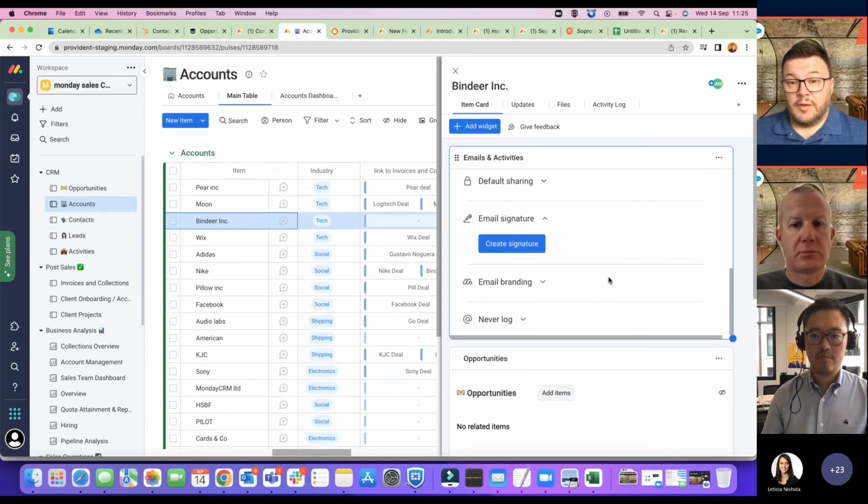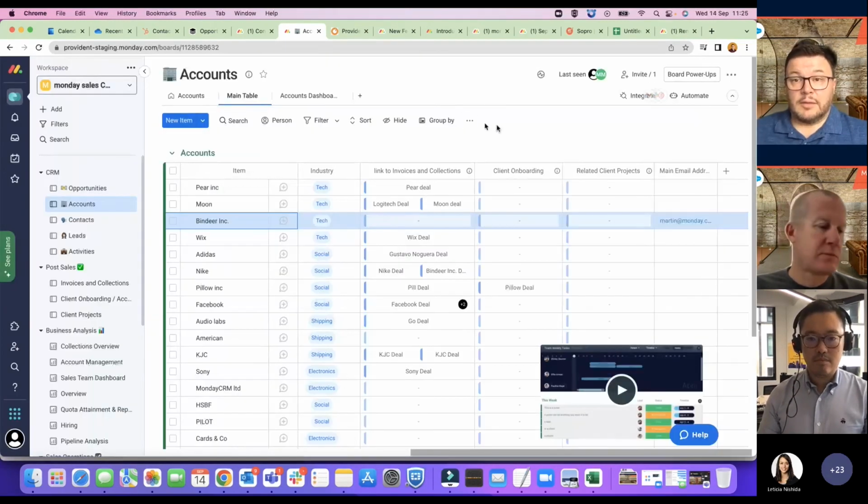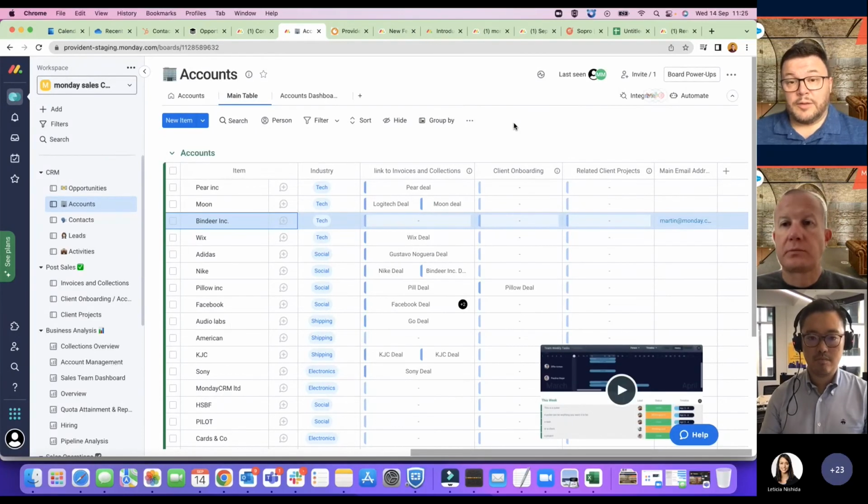So as far as the customer is concerned, you're just sending an Outlook, but what this is doing is creating a greater database for you so that everything is held within. So that's a brief look at the Outlook and email activities within Monday. And I hope you get a chance to give it a go.